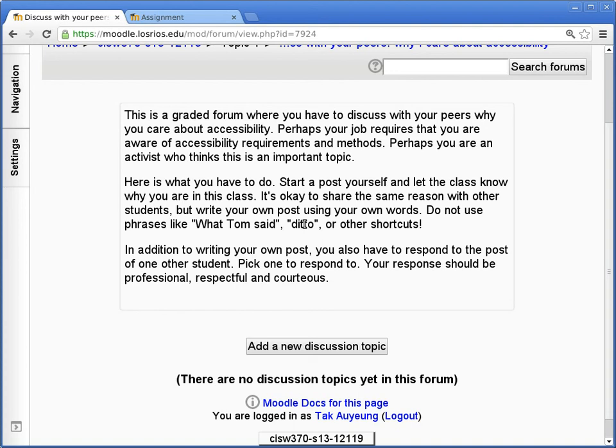In addition to writing your own post, you also have to respond to the post of one other student, just one. Pick one to respond to, and your response should be professional, respectful, and